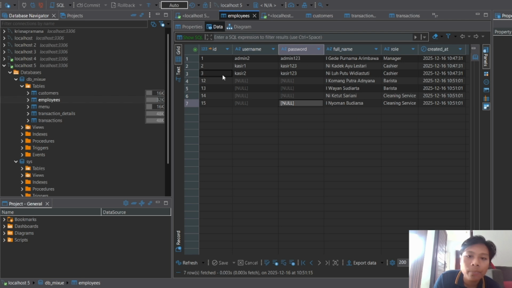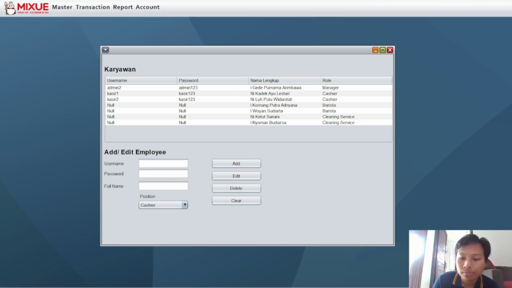The employees are put there, and as I said before, the barista and cleaning service don't have a username and password, so the data is null. And then this data we put in the main.